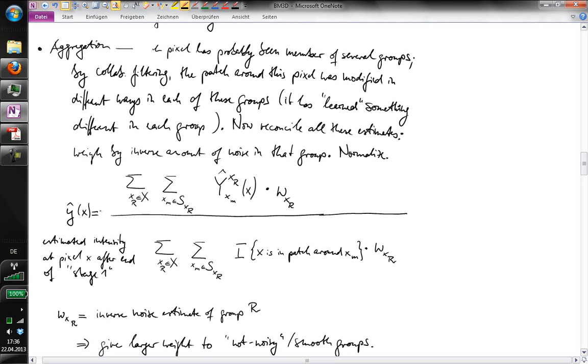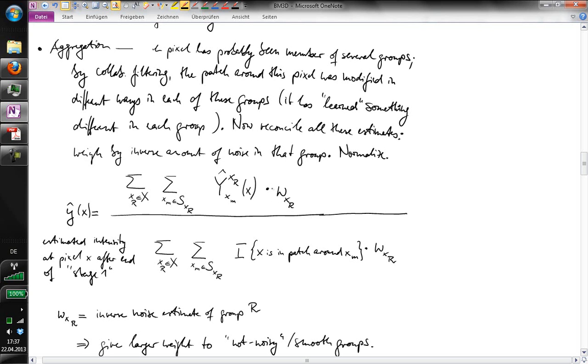Each patch in its own group is somehow tweaked by this D+1 dimensional denoising. And now we want to get back all this information and put it down at the location X. And this is done with the help of these weights, where